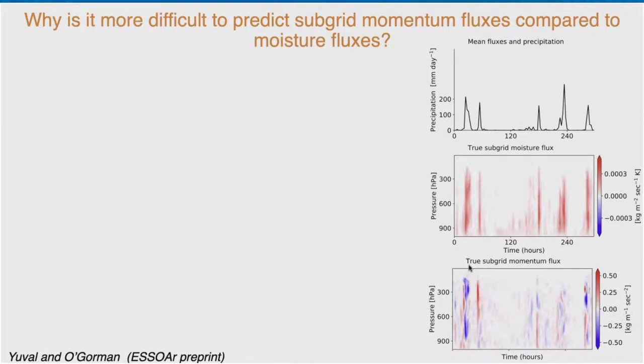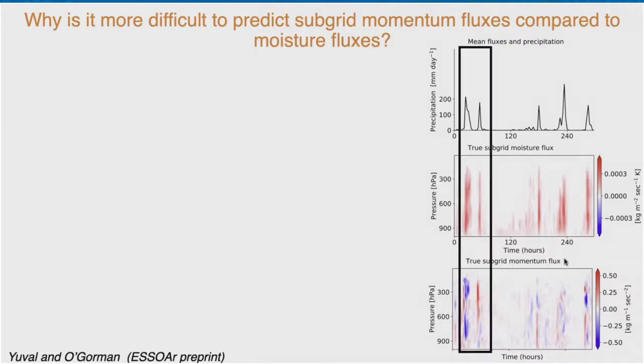But below it, I'm plotting the true subgrid momentum fluxes. And I just want to focus on these two precipitating events. You can see that momentum fluxes can be both positive or negative. However, when we have convection, moisture and energy always obtain the same sign. For example, for moisture, we always bring moisture upwards in a convection event. But for momentum, the task is different. And what we discover is that it's very difficult to get the sign correctly for the momentum transport in this kind of single column parameterization. We can get the amplitude of the transport very accurately, however, not the sign.